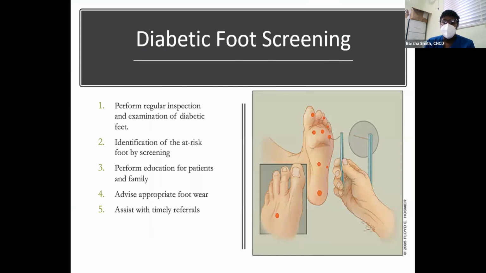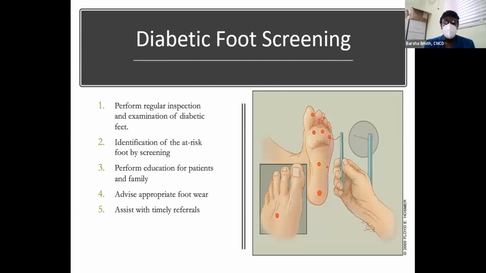Diabetic foot screening. Has any of you done any foot screening in terms of diabetes as yet? So what we do is at Flamingo Gardens Clinic, at Elizabeth Estates Clinic, and at Fleming Street Clinic, we have nurses assigned to diabetic foot screening. And in my hand, I'm holding what we call a monofilament. Sorry, I didn't have the picture, but it's right here in the diagram.